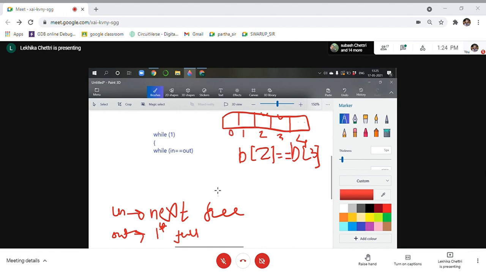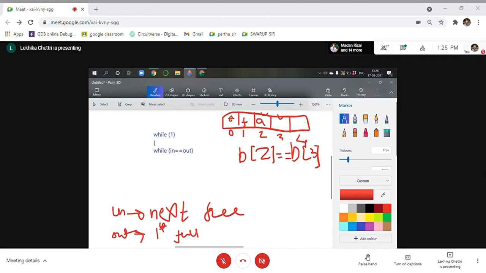First full will not always be 0, because if I had 3 elements here, let us say E, F, A, obviously you will continue to fill from here. You have only 3 elements that you want to store in the buffer. Buffer का size 5 था, आपको सिर्फ 3 एलिमेंट स्टोर करने थे, आपने कर दिया. अब कंज्यूमर ने ये कंज्यूम कर लिया.